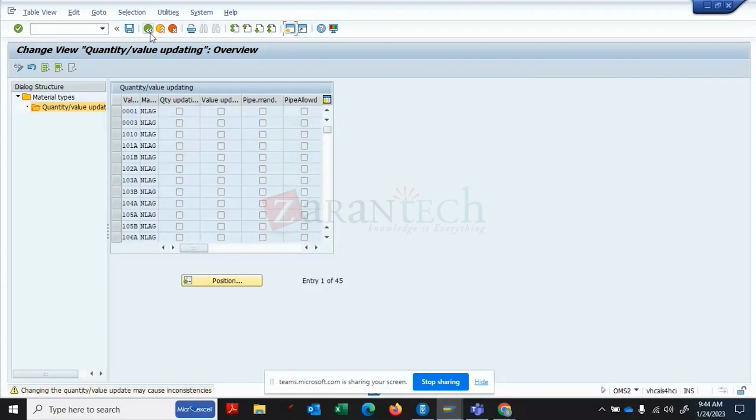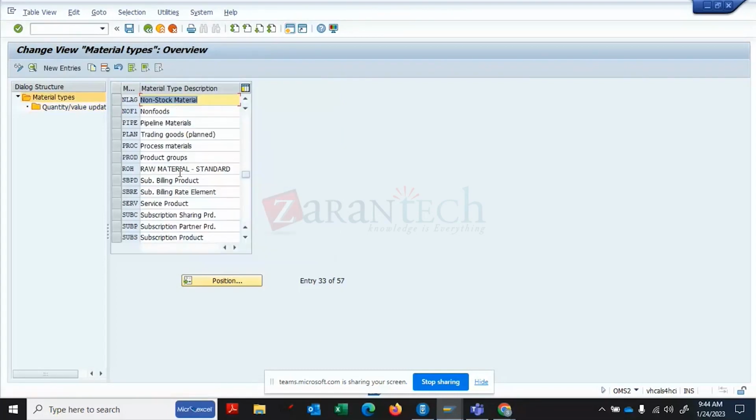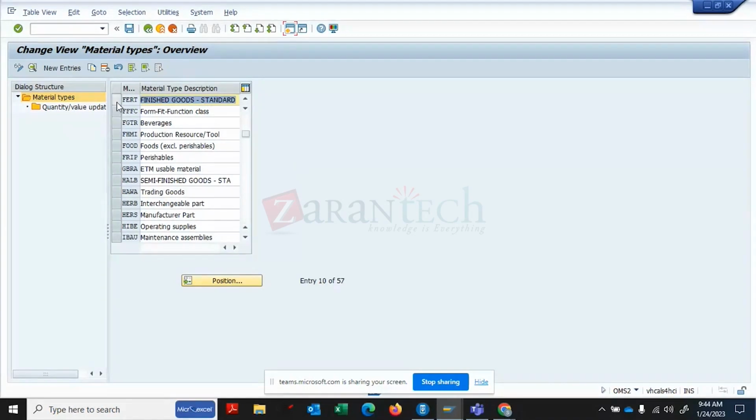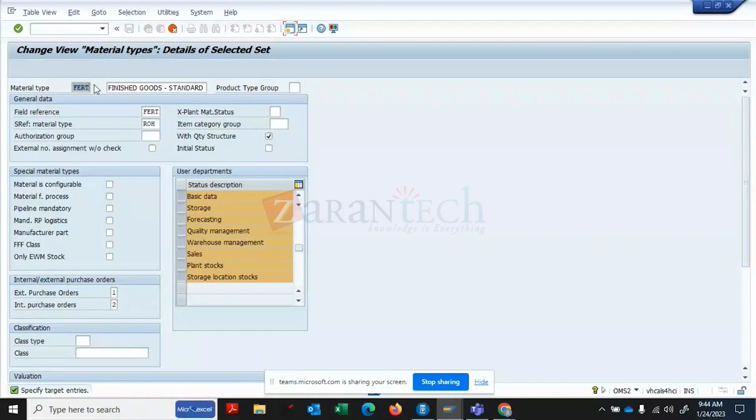So suppose we have to create a new material type. The standard procedure is we just copy the standard and then make necessary changes, whatever we want to change. So if we have to create a new material type, we will select this one and then copy as. Suppose this is, we change the name to this, and maybe this will not